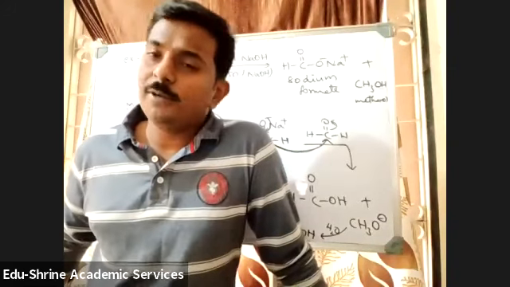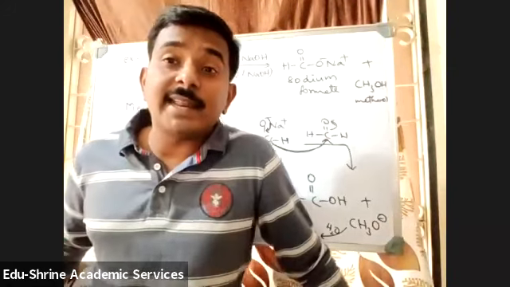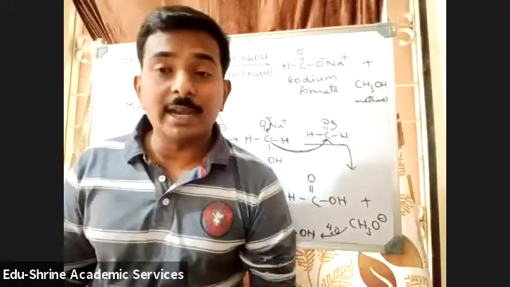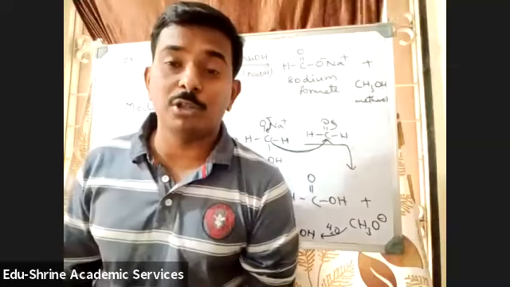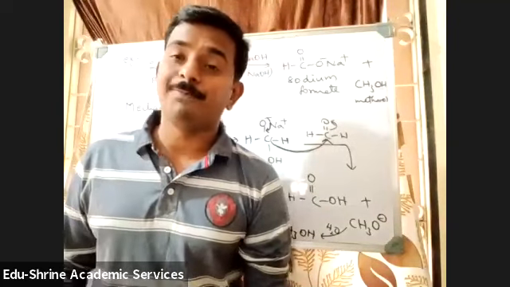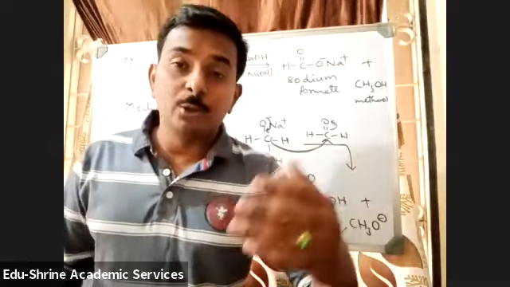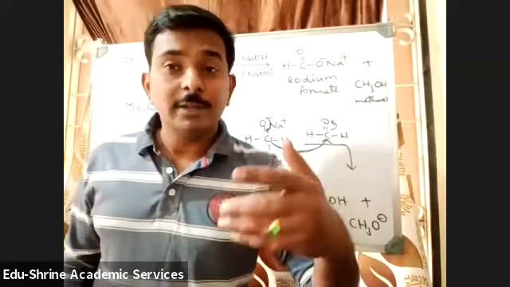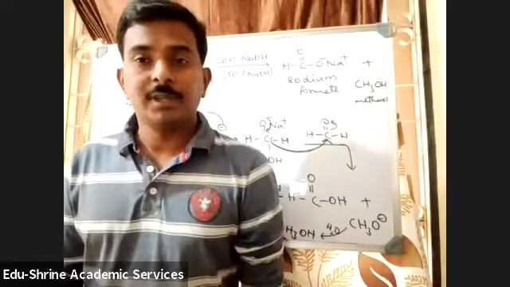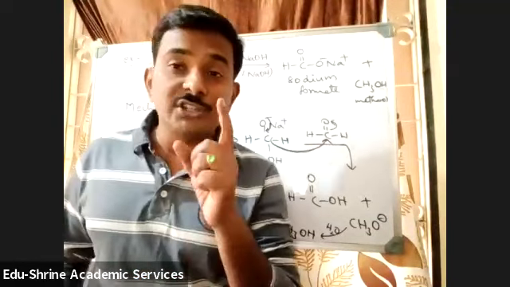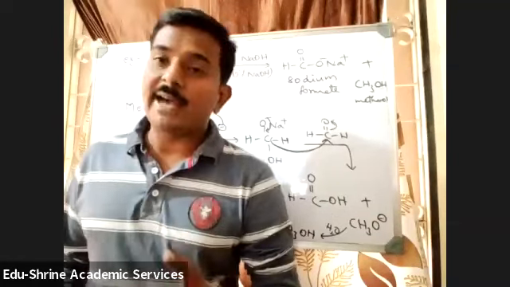During the Markovnikov rule, anywhere there is rearrangement of carbocations, correct? Wherever the reaction takes place through the formation of a carbocation and there is a chance of rearrangement to get a more stable carbocation by shifting hydrogen, the hydrogen will be shifted as H minus. So in JEE Advanced, they have asked this question.